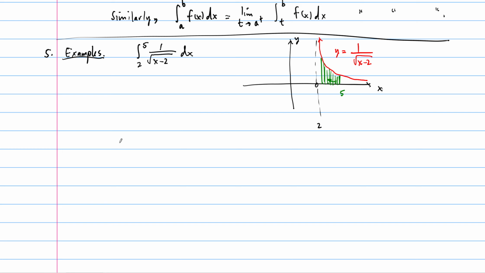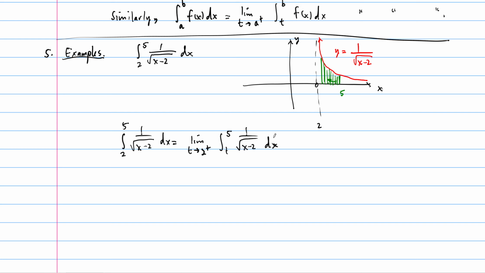So what are we going to do? First of all, let's write down the integral. Let's write down the definition. So integral from 2 to 5, 1 over square root x minus 2 dx. Step 1, this has to be swapped out for a limit. This time t has to approach 2 from the right. Must stay within the domain. It has to stay on this side of 2, this side. So then this becomes the limit of the integral from t to 5, 1 over square root x minus 2